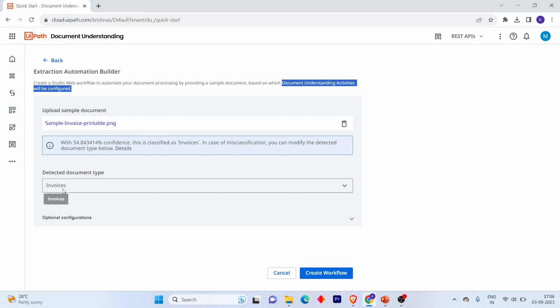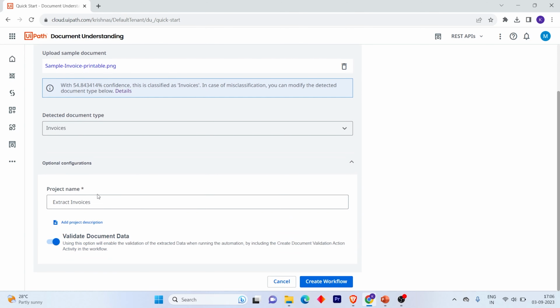It detected the document type. It is an invoice, so it detected that. And then it says with 54 confidence, this is classified as invoices. And then if you click on optional configurations, here you can see you can edit some of the additional fields, like the project name, making it something like test underscore